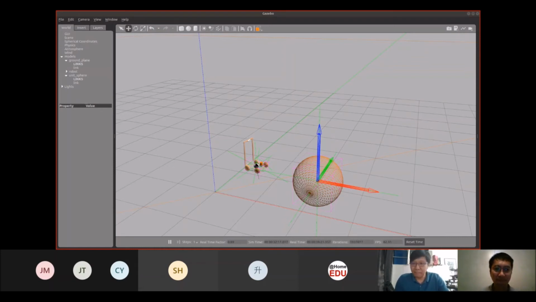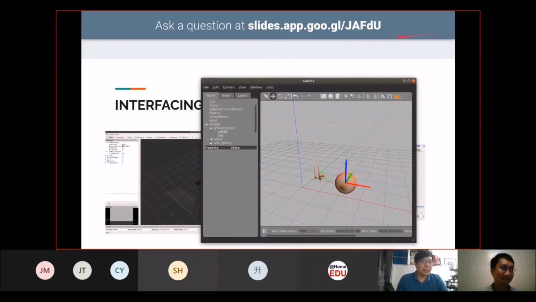Any other questions? If not, we can proceed to the next part. Yes, you can continue from what you just said. Okay, so let me continue. The next part is to create your own environment. Let me just stop this Gazebo first. It actually takes some time to stop. Okay, right. Excuse myself now and let you continue with your second part. Sure.